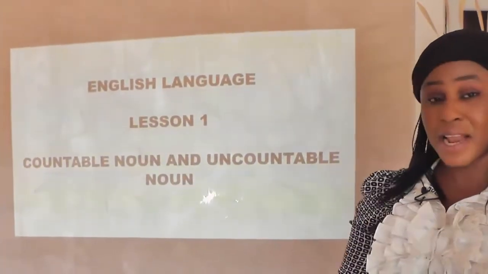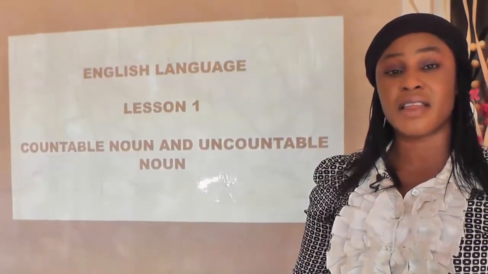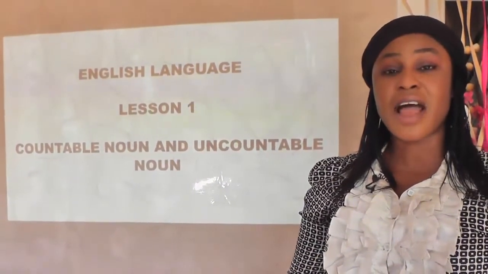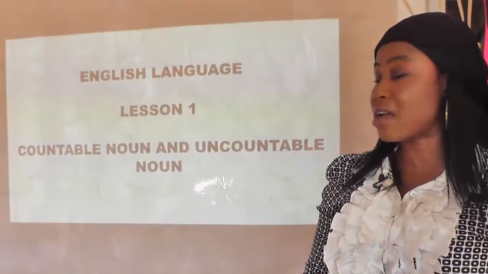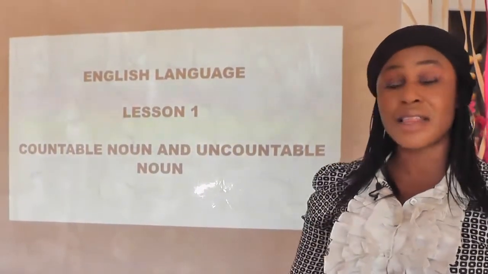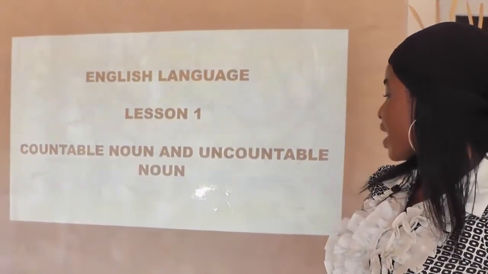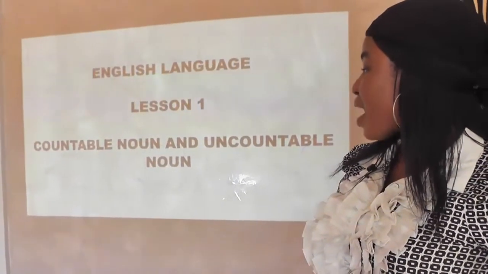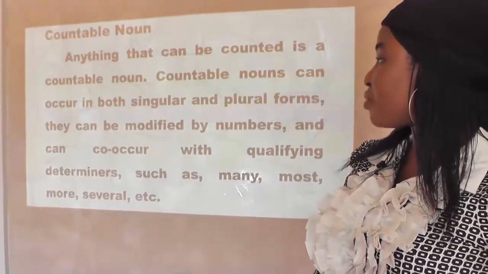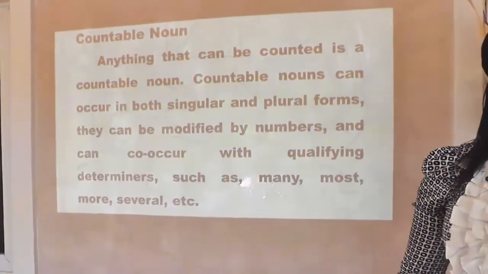As their name implies, their difference lies in the number. A noun that can be counted with numbers is known as what? Countable noun. While the noun that cannot be counted is referred to as uncountable noun. Now today we're going to look at how to use this countable noun and uncountable noun in a sentence. In English grammar,